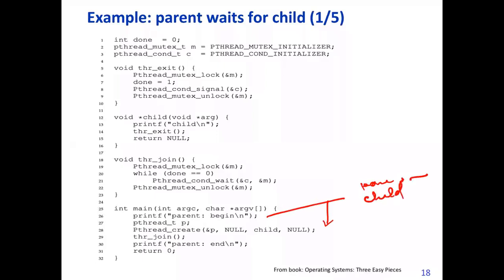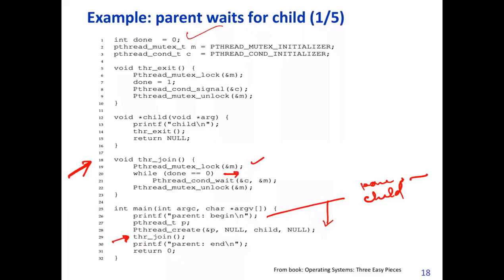child. Child creation will happen. Let's assume it continues, the scheduler still has time to continue, and then it will run this thread join routine. Thread join is here. It will check. Now the mutex it will use, of course, this becomes the critical section. Then done is equal to 0 right now, right? Because the initial condition was 0 and only the child is changing it to 1. So now it's still 0.